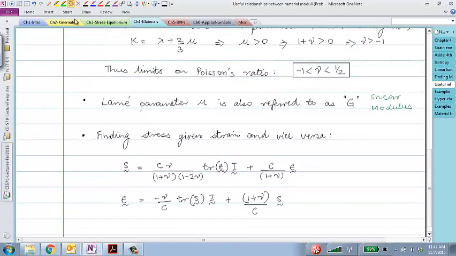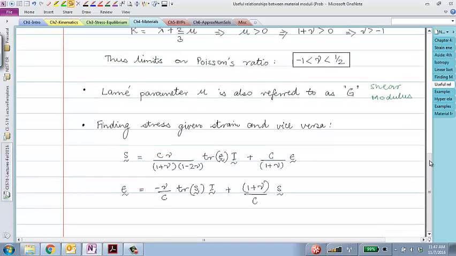And then the Lamé parameter mu is also sometimes called the shear modulus, as I just mentioned. And there are these two relationships, for those of you who were also in the review session. These two relationships are convenient because they allow you to solve common problems at a material point. Given a state of strain, I can use this relationship to find the state of stress. Or given the state of stress, I can use this relationship to find the state of strain. They are both equivalent